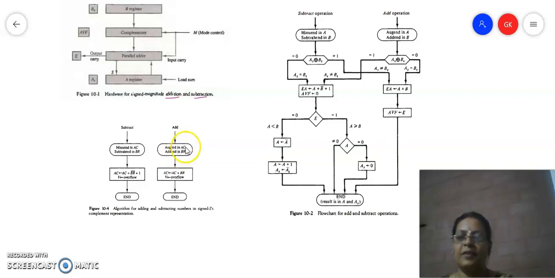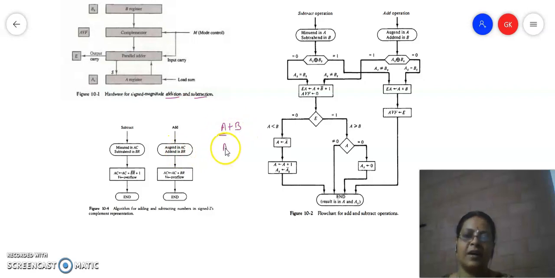After having these operands in these two registers, directly do the addition. If there is any overflow, that will be maintained in a separate carry flag. It can be the E flag or the V flag, or any flag bit for that matter. Here V refers to overflow. This is the requirement for performing addition. In case of subtraction, if I want to add a and b, one operand is called the augend, and the other operand is called the addend.